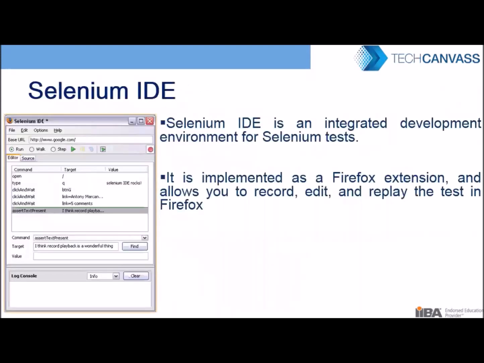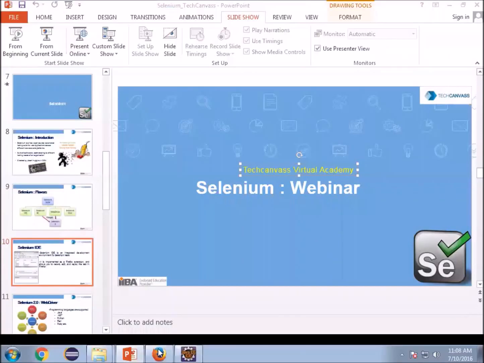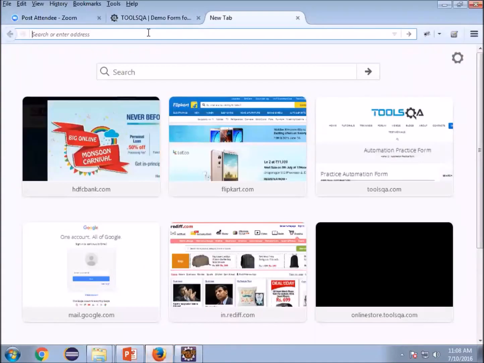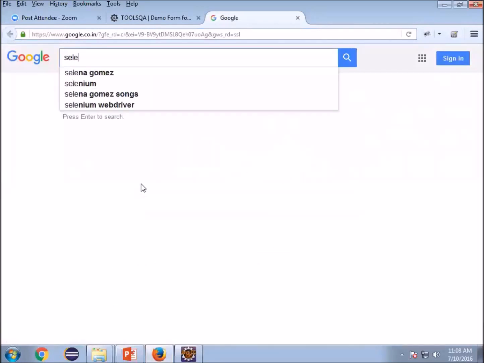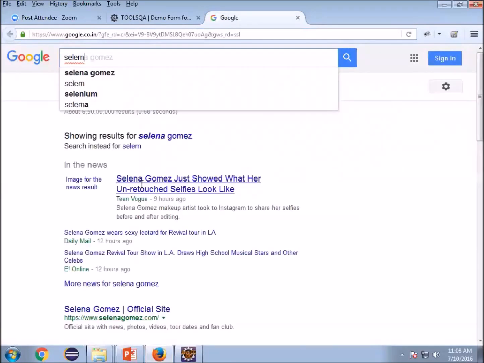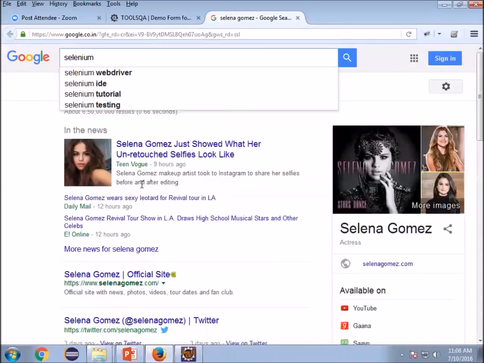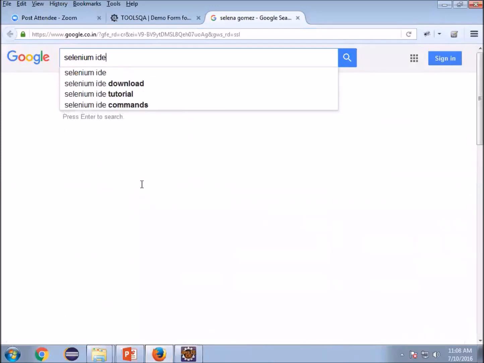Next we will see a practical example of Selenium IDE. Selenium IDE is specific to Firefox and it comes as a plugin to Firefox. Let's see how to install it. Just go to Google and search Selenium IDE and enter.